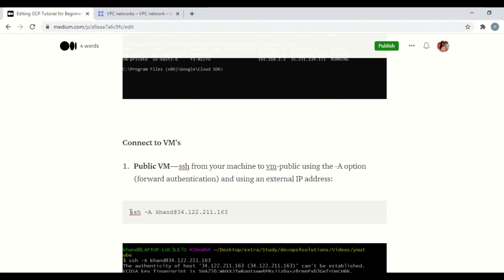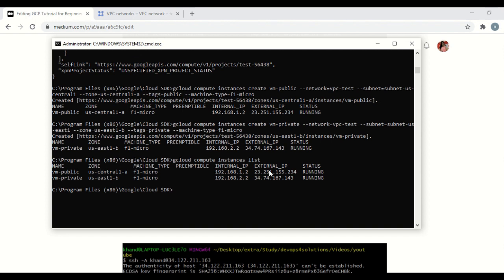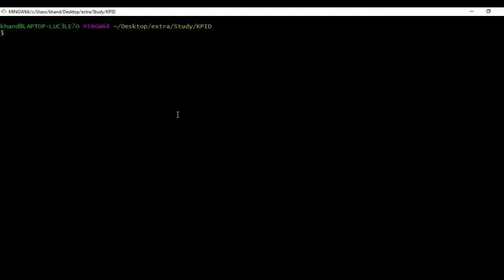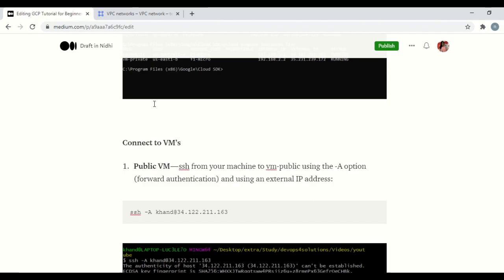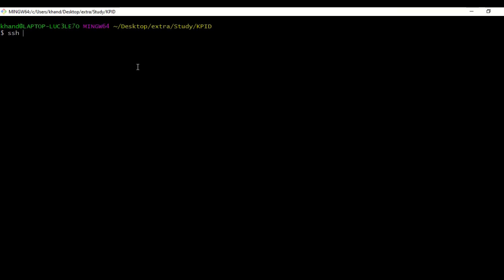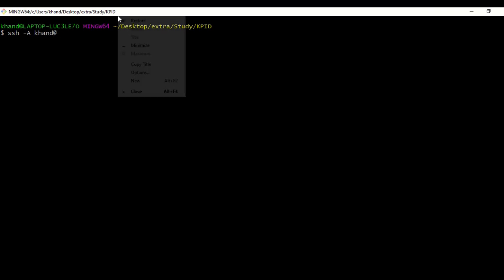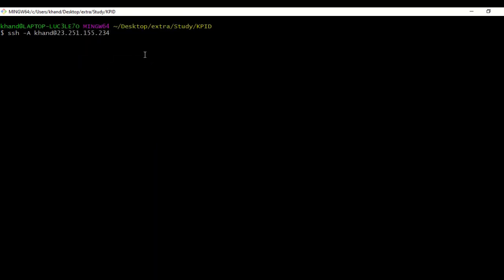For the Windows machine, I use Git Bash to connect to any Linux machines. This is my IP address as you can see here, and you need to use the external IP. Let me log in on my Git Bash, and here SSH -A, this is my user, and this is my IP.